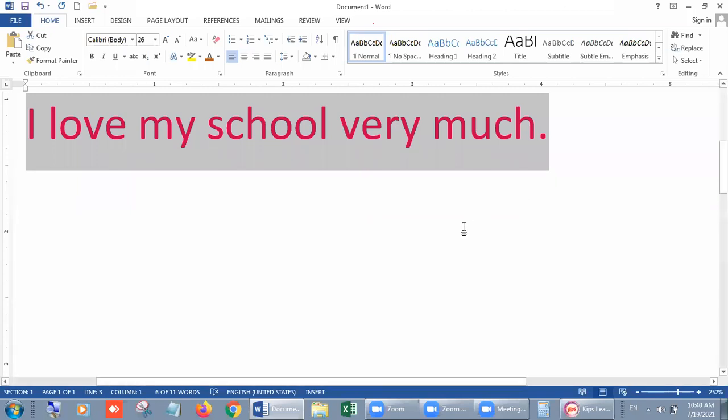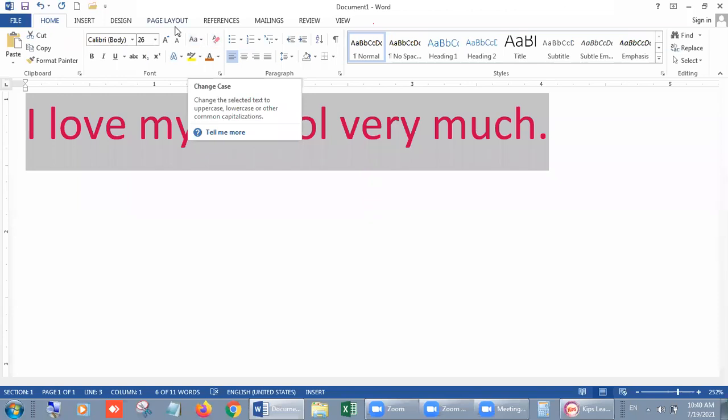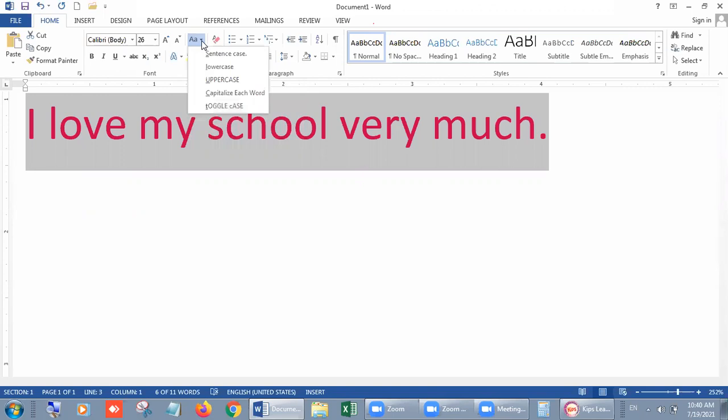So first of all, I have to select it. After that, in the same font group, we have one button, one capital A and one small a. Its name is change case. We can change case with the help of it. Click on it. We have 5 options in it.